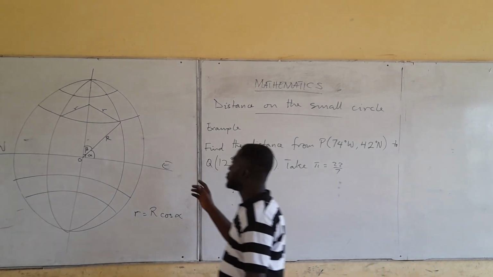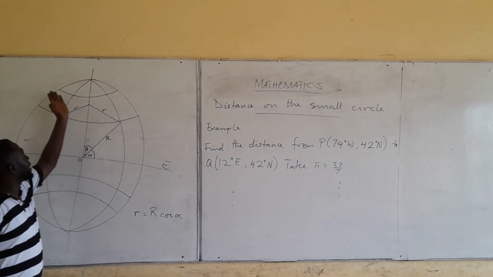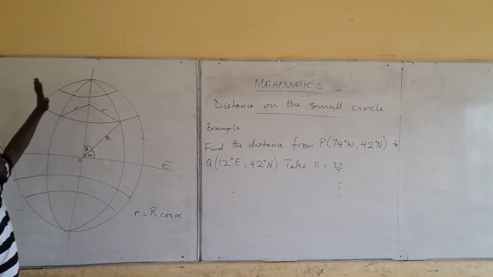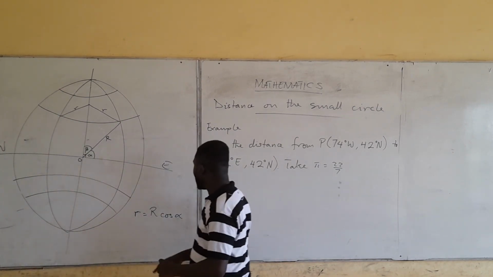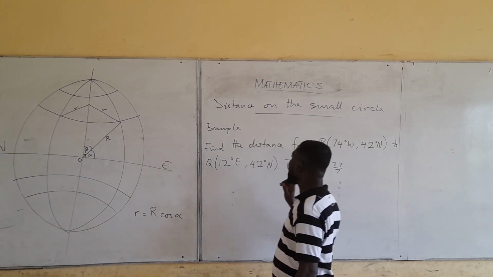So let's come back to the diagram here. These are the lines of latitude. These are in the south and these are also in the north. So when a question is given, let's look at this alpha. The small r is equal to big R cos alpha. Now the alpha is only given